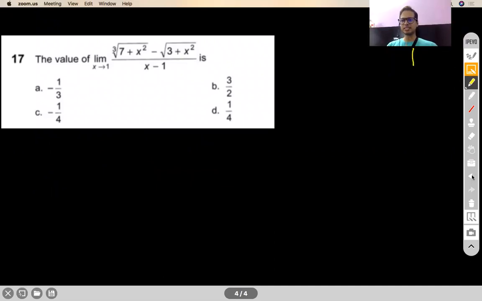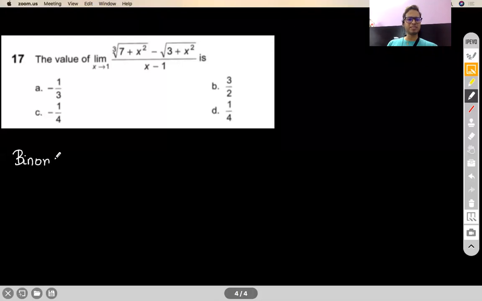Okay, now this question, many of you would have tried. And if you look at the solution also, they have used L'Hopital's rule to solve it. Now, this is a case where your expression in the numerator has got different roots on it. For example, this is a cube root, or you can say power of 1 by 3. And this is a square root, power of 1 by 2. So how do you rationalize such a thing? Now, where rationalization may not work directly, we have to rely on our binomial expansions. So let me take this as an opportunity to introduce to you binomial expansions, which I have already done in the bridge course with you, but I'll do it yet again.